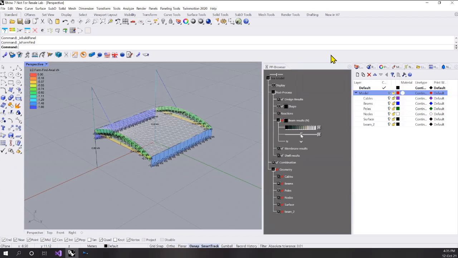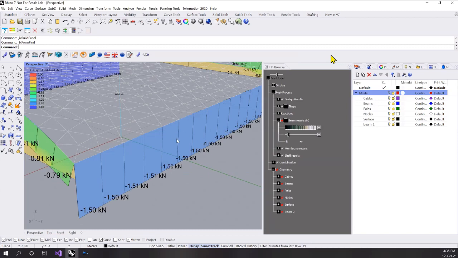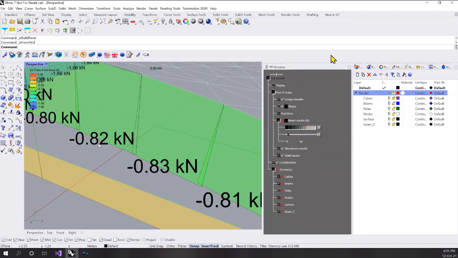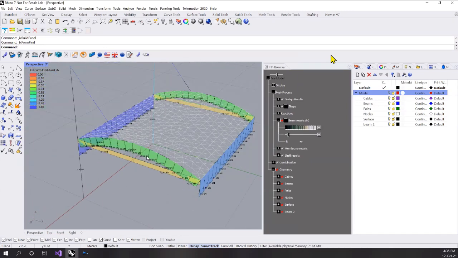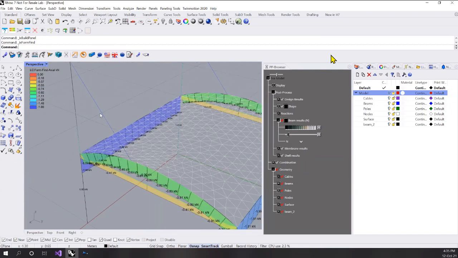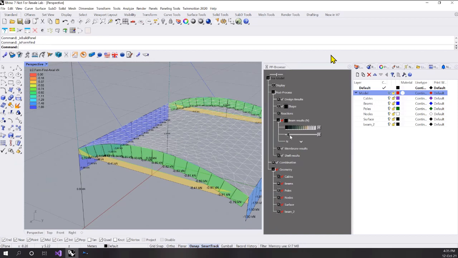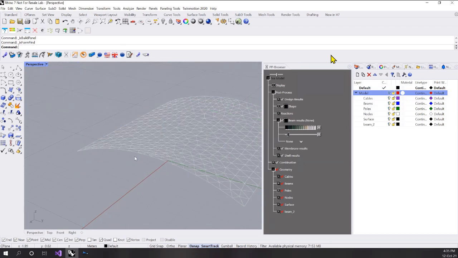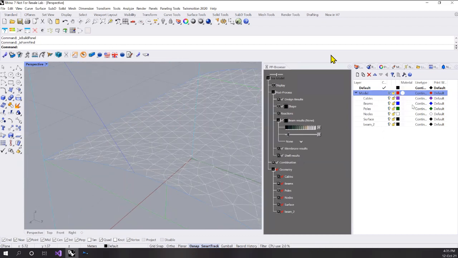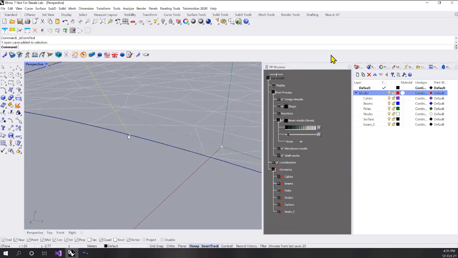Here they are. So these are the axial forces in my beam here. These are minus 0.82 in the cables. It seems that these cables are not working. There should be a mistake there. You see that there's no force here. So it seems that these cables are not connected. So we made a mistake somewhere on these cables. Let's see what's happening. If I activate these cables,